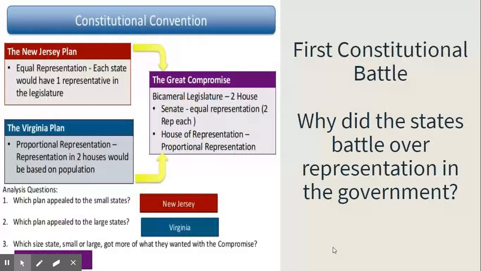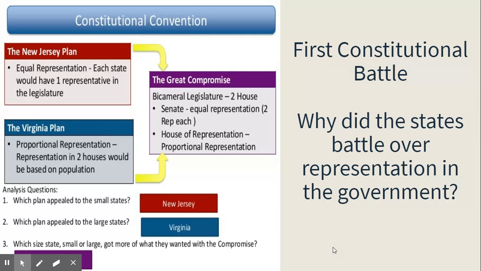Okay, remember the Great Compromise. New Jersey was afraid that bigger states would have more representation than them. Larger states felt like it should be based on population; they should have more of the vote. Well, they argued about it, and then they came up with the Great Compromise. Remember, going to the movies with the girlfriend, all that stuff.